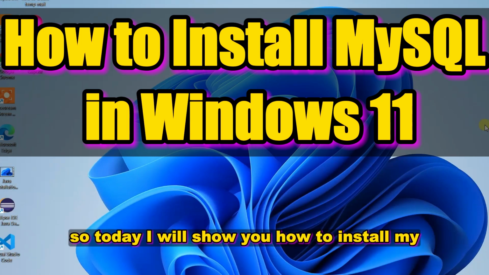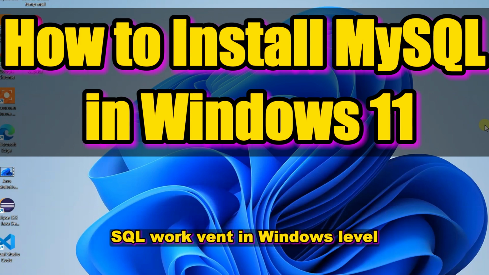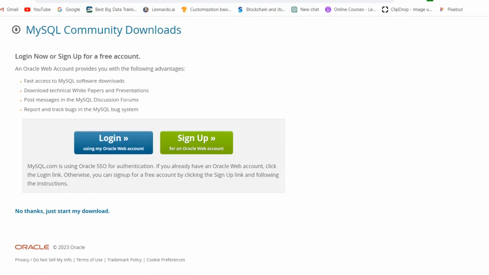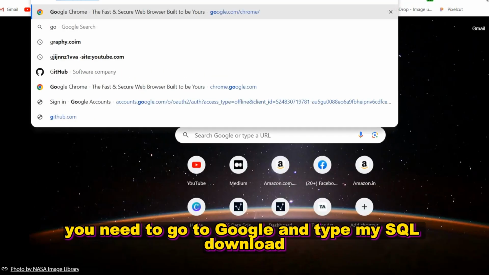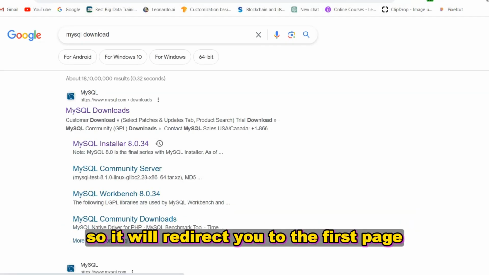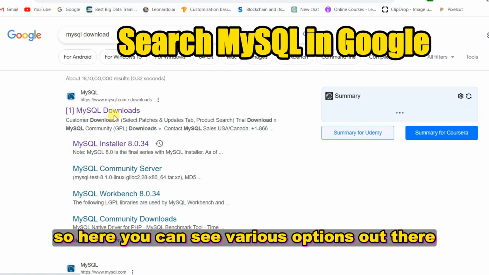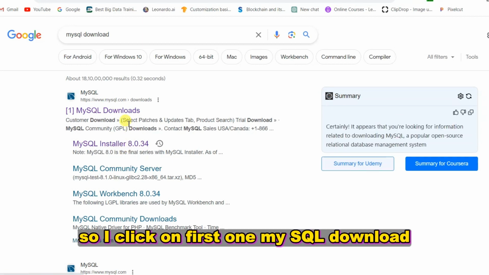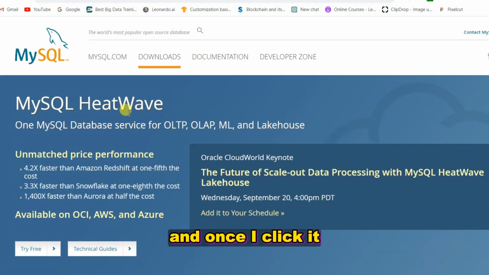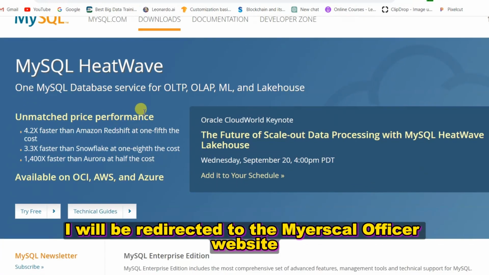So today I will show you how to install MySQL Workbench in Windows 11. In order to install MySQL in Windows 11, you need to go to Google and type MySQL download. It will redirect you to the first page. Here you can see various options. I'll click on the first one, MySQL download, and once I click it, I will be redirected to the MySQL